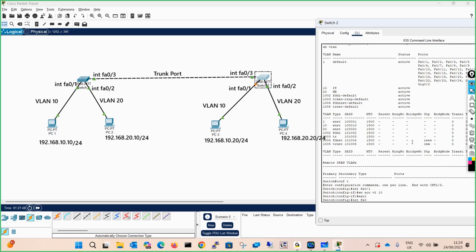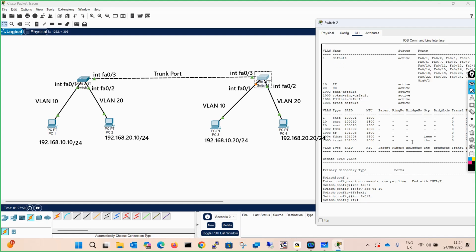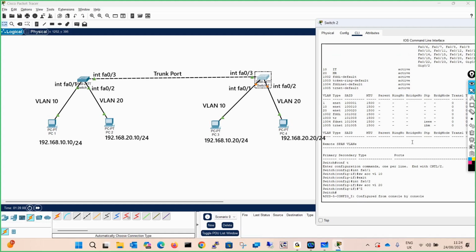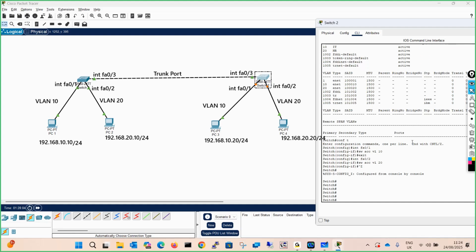Go to interface FA0/2 and say switchport access vlan 20, and Control Z. Everyone has done this configuration.